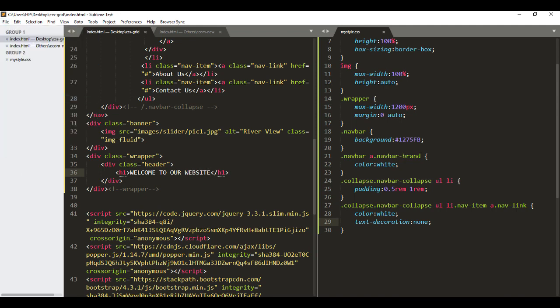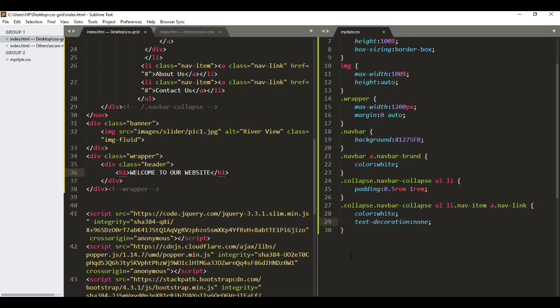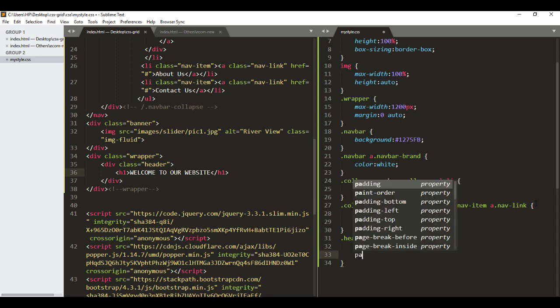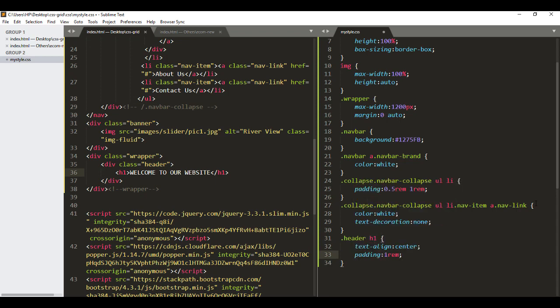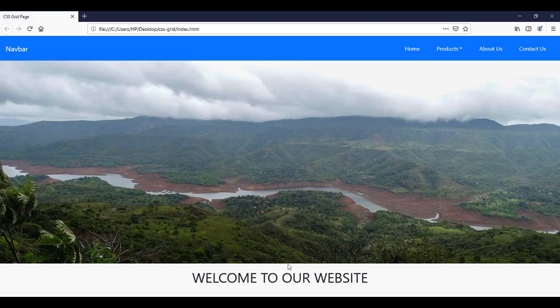Save it, and if I refresh the browser now you can see we have the heading aligned towards the left. So we need to center the heading. For that, let's come to the style sheet. Let's take the class of header h1, text-align, say center, and we'll also give it a padding of, say, 1 rem all around. Save it, and then if I refresh it now, you find that the heading has come to the center